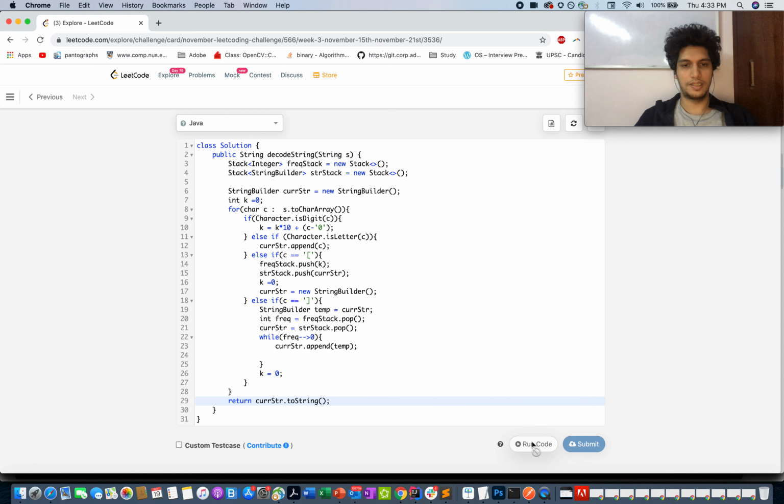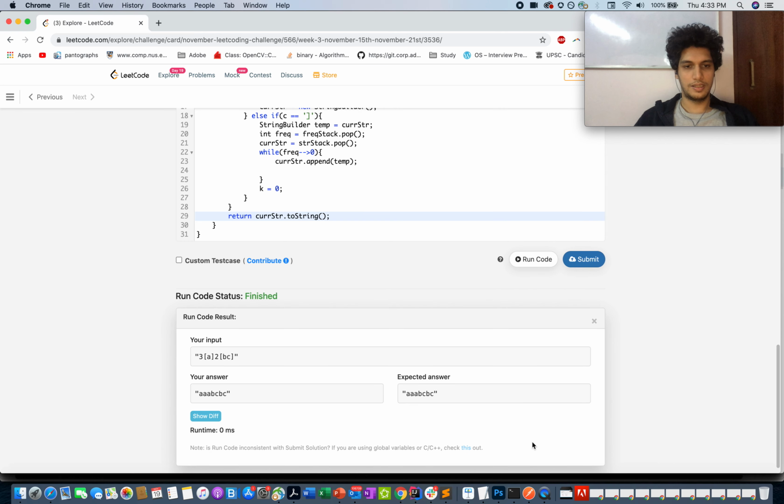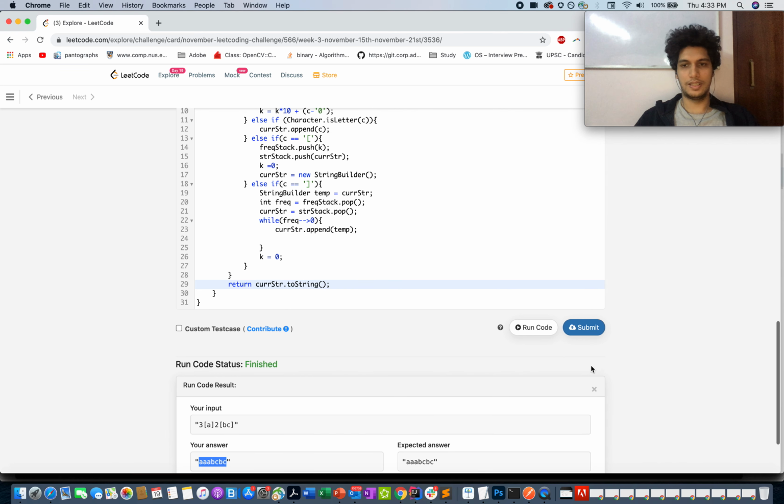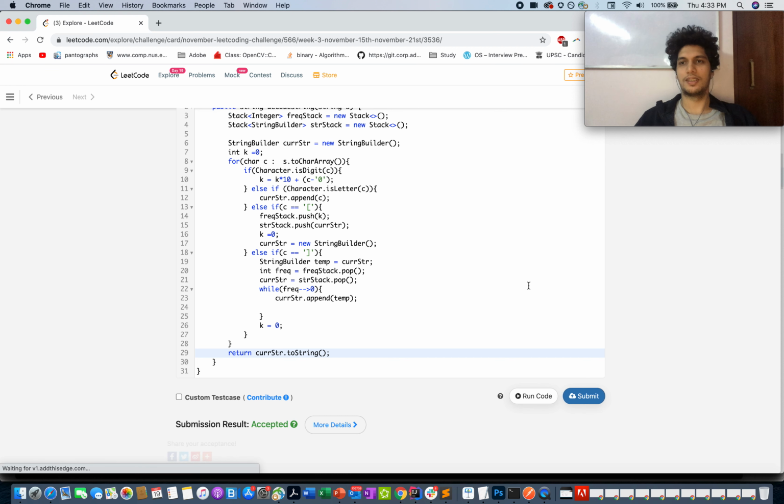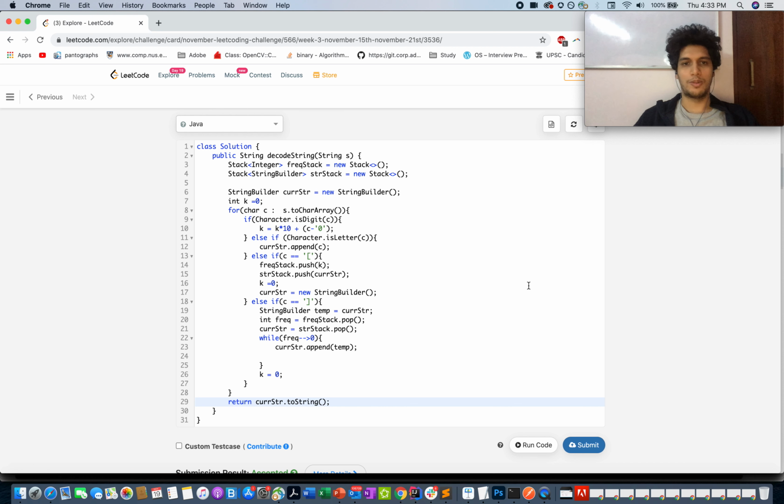Let's just run this code and see if there are any errors. Yeah, it passed. Let me just submit it. Accepted. So let's talk about the time and the space complexity of this logic. You are iterating through the character array once, and hence the time complexity would be order of n, and the space complexity would be the maximum number of frequencies that can be present in the frequency stack.